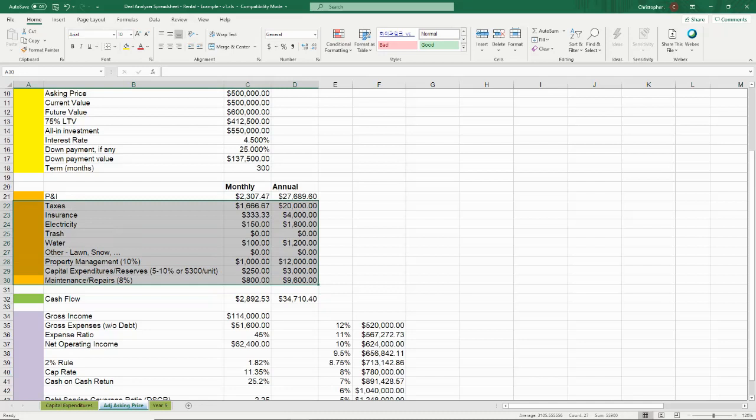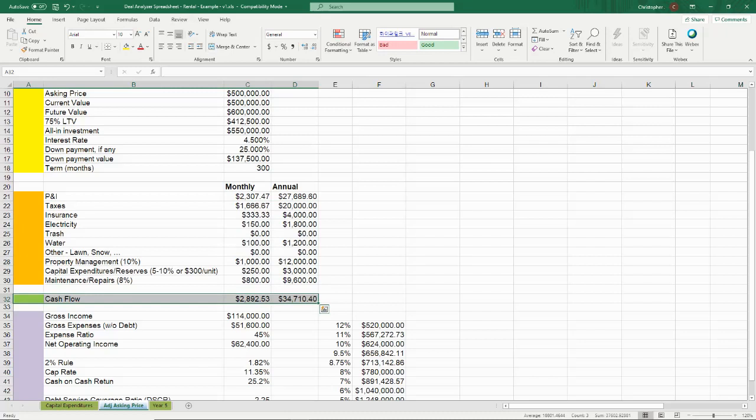After you subtract your expenses from the income, that leaves you with cash flow. This is important, very important. This is the money in your pocket. These are the dollars that go to the investor or investors, which could be you. In the last show, we saw it was $34,710.40. You'll have to determine if an additional $34,000 is beneficial to you and your family.